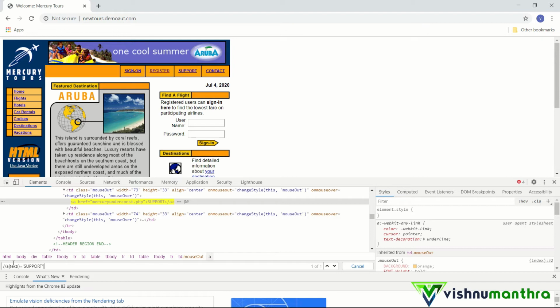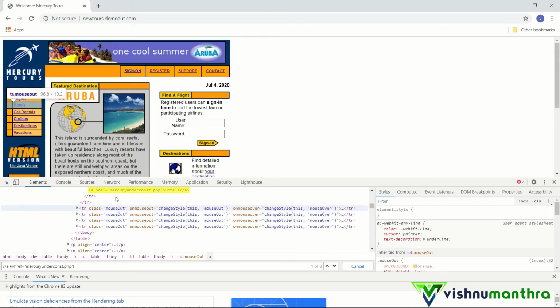Now if it is anything other than text, if there is any attribute, for example if you want to use href, we have to put an @ symbol. For text alone we don't have to put the @ symbol. For anything else we have to put an @ symbol, so it becomes @href. Then we don't have the brackets here, we have to put @href equals, and in single quotes you can give the attribute value. So this is the attribute value and we can give it here instead of support. But that should be unique. I have just copied this particular thing, and you can see 1 of 8, which means at 8 different places it is repeating, so we can't make it a unique control and we can't use that. So this is how relative XPath works.